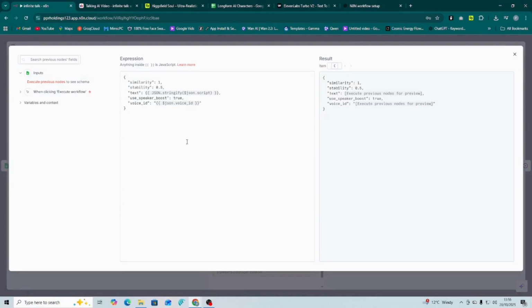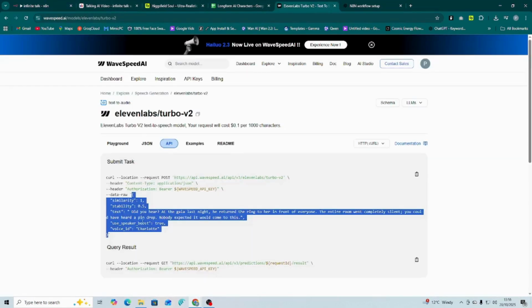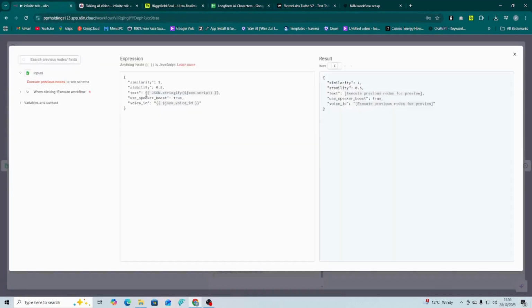What you will need to do, because obviously if you see here it has all this text in, so what you need to do is delete the text and then input your, just copy this and it'll just do it automatically for you. Your voice ID, and then